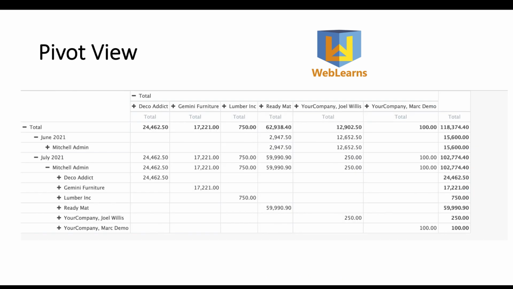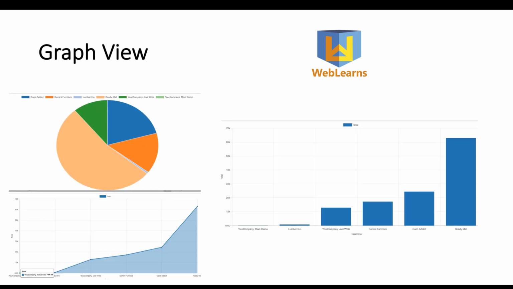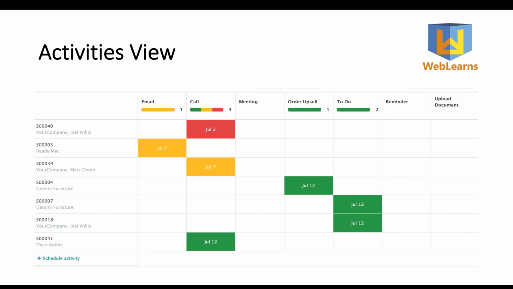Another view is the pivot view. Here the user can plus or minus specific fields. This screenshot is for the quotation, so you will see the different quotations based on the different customers. You can also create your own pivot view. Then you can see the supported graph view is also available. We will see the real test case of how you can create all these types of graphs in Odoo's backend side.